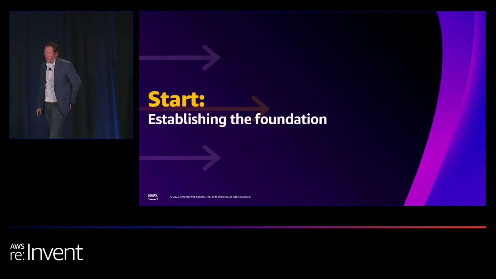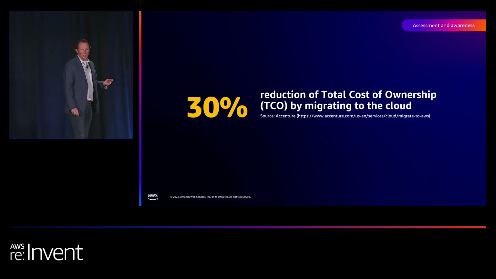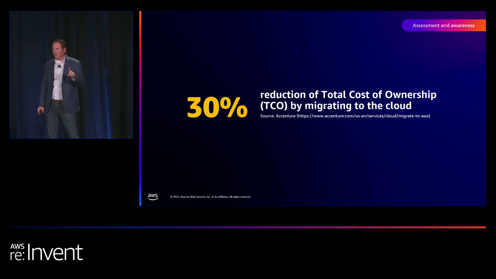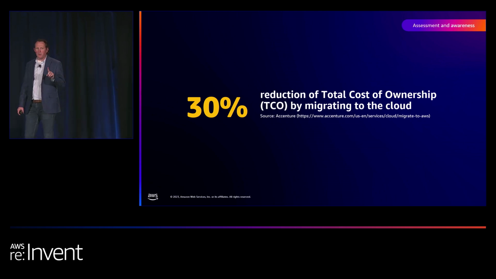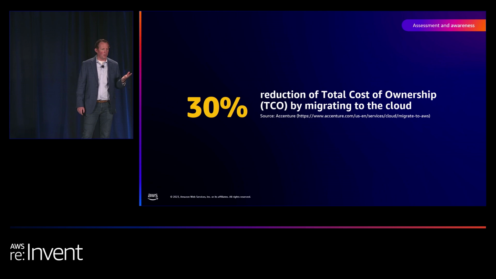So first up, start. You're going to see the same 30% in three different stats. The first is, and you can see specifically this is from Accenture, but AWS research is right in this range, 20 to 40%: 30% reduction in TCO by moving to the cloud. That sounds great. I would want that for my organization. And I think that's what a lot of you hear, obviously from AWS and other cloud providers, which is that coming to the cloud will enable you to reduce TCO. So that's the first 30%.